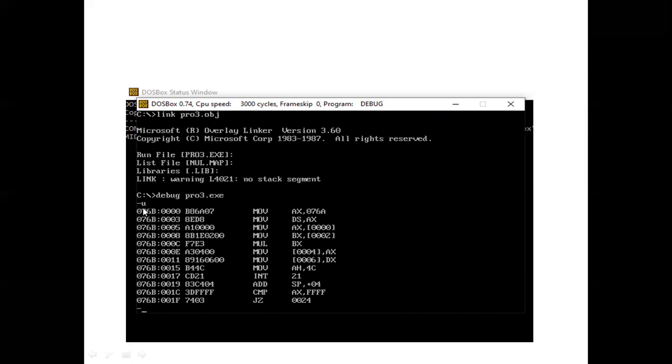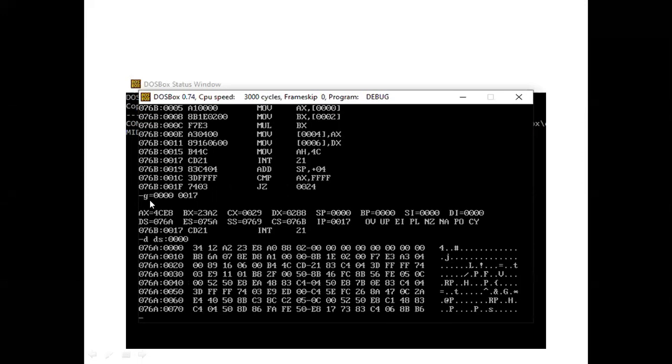Once this is done, we go with U. U is nothing but unassemble. Here we can see all the instruction codes used in the program along with the code segment followed by the offset. The next step is to run the program. For that we go with G. G is nothing but go, equal to.